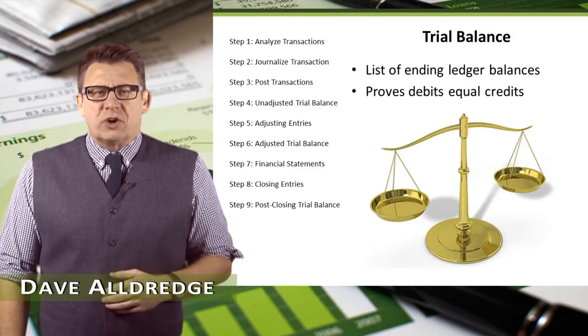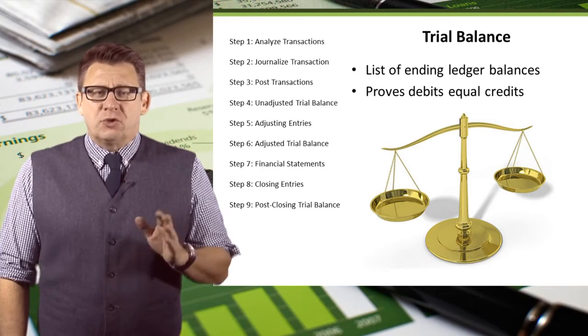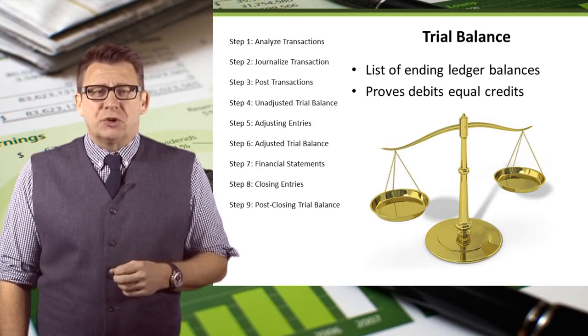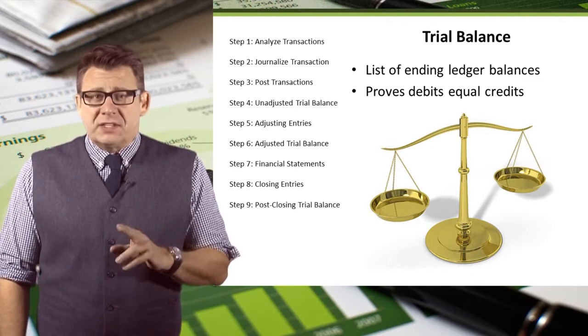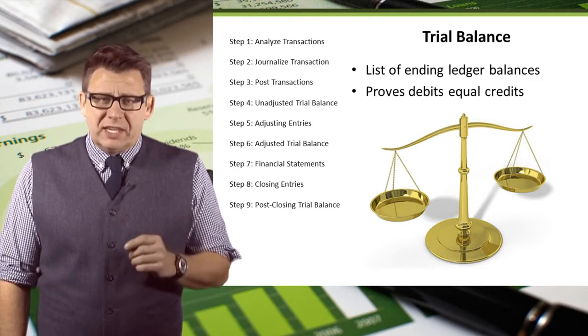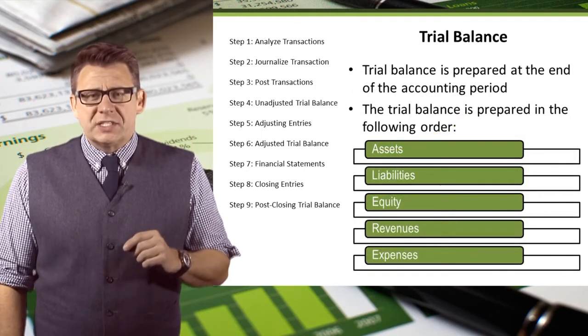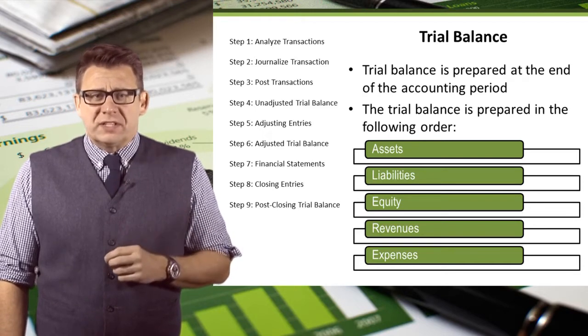Preparing the unadjusted trial balance is the fourth step in the accounting cycle. A trial balance is a list of company accounts and their ending ledger balances. Its primary purpose at this step is to make sure that debits equal credits. The trial balance is prepared at the end of the accounting period, as are all of the subsequent steps in